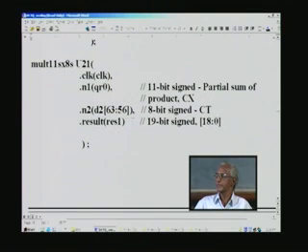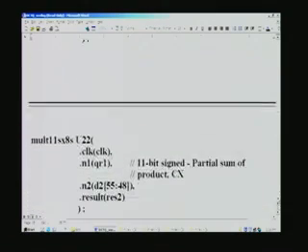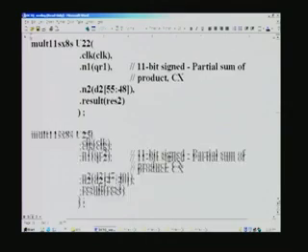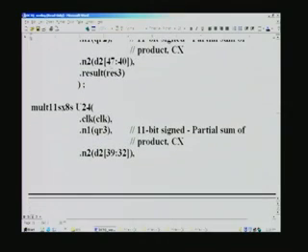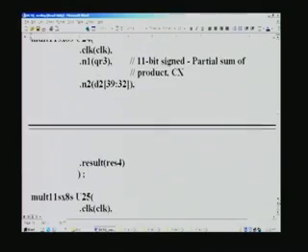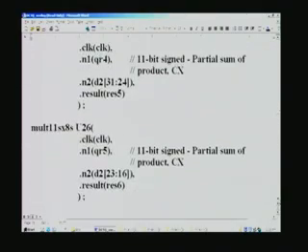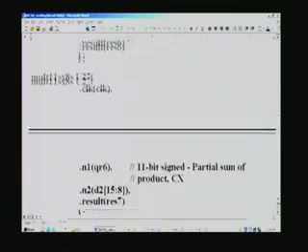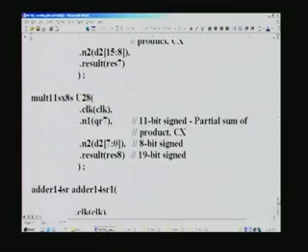This is the CT input here, and once again we apply only 1 byte at a time. This is 11 bits, this is 8 bits here, and the result naturally will be 19 bits, and we call it RES1 to RES8. There are subsequent 8 multipliers, 2 more multipliers here, and each time you can notice that we are once again taking a different byte order, and finally the last multiplier in the second stage.